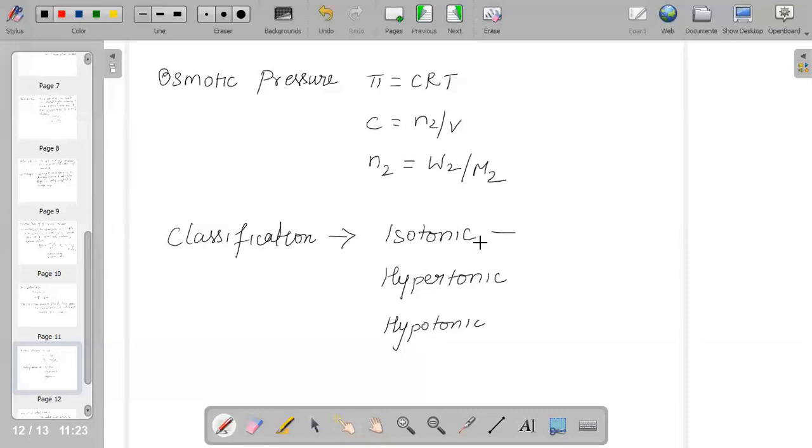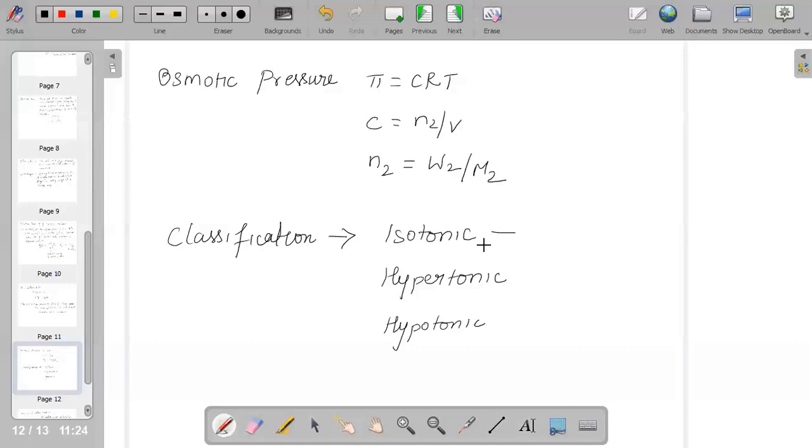When we talk about hypertonic, if the medium has a lower concentration of water than the cell, it is a concentrated solution. So the cell will lose water by osmosis. Such a solution is known as a hypertonic solution. Water crosses the cell membrane in both directions, but more water leaves the cell than enters it. In this manner, the cell will start shrinking, and we say that it is hypertonic.